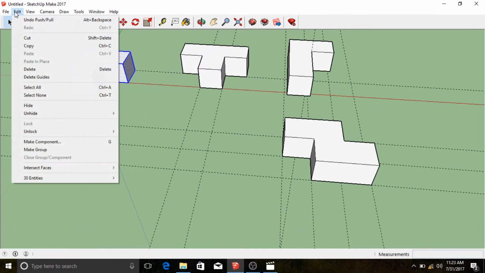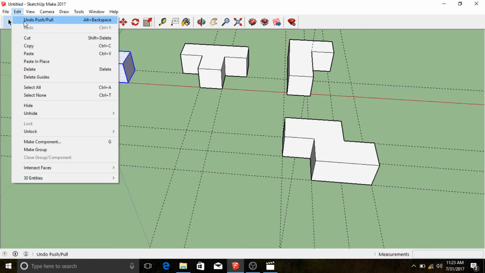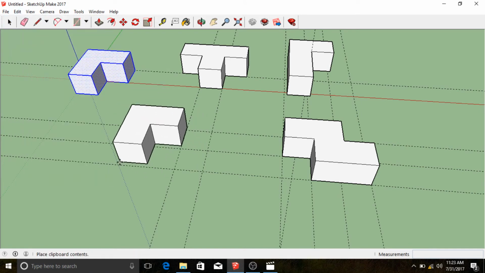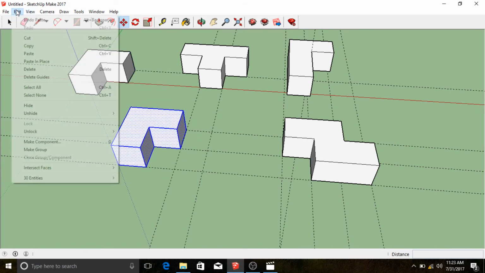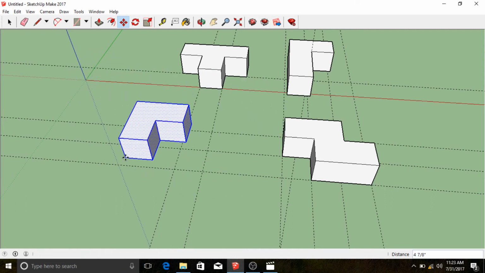And what I could do is I could do edit copy, right, or Control C or Command C if you're on a Mac. And then I could paste it. Right, and I can click and drop it wherever I want. So I could do that, but I rarely do that. What I do instead is I use a shortcut that's kind of nested within the Move tool. So the Move tool is up here, and it does what you'd think it would do, it lets you move an object from one place. Right? If you click from here, this inference point, to anywhere else, it will move it from one place to